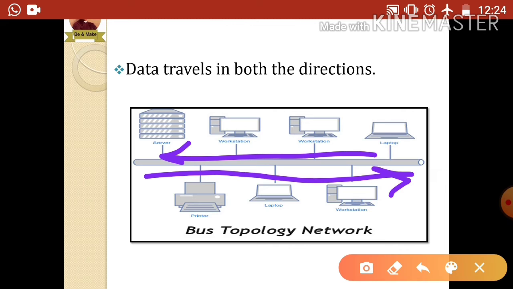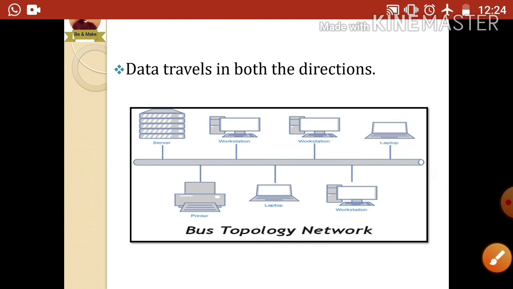But when this data is sent, it will transmit in the form of packets. Last year we learned about packets, means whatever data we are sending, it gets divided into small groups and each group is called a packet.